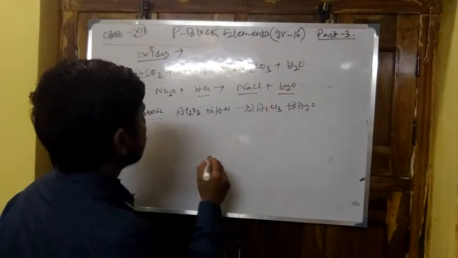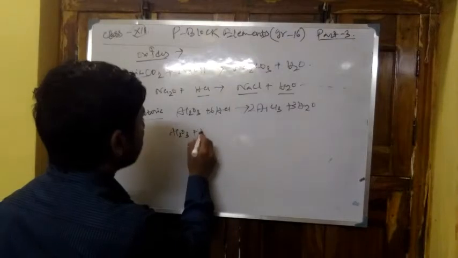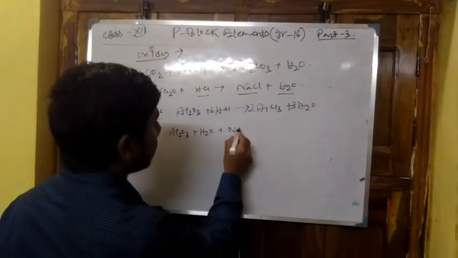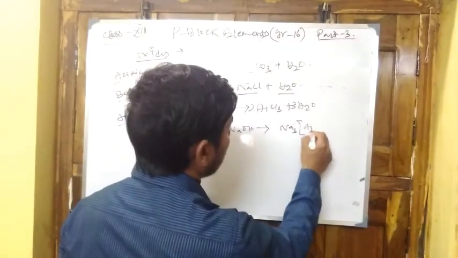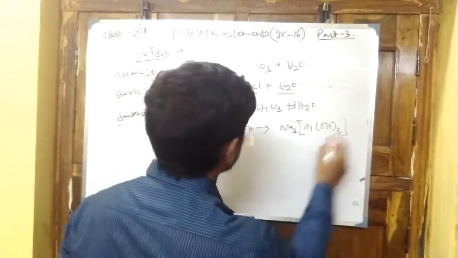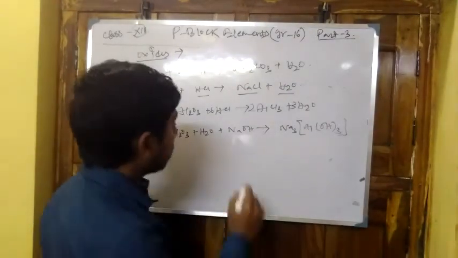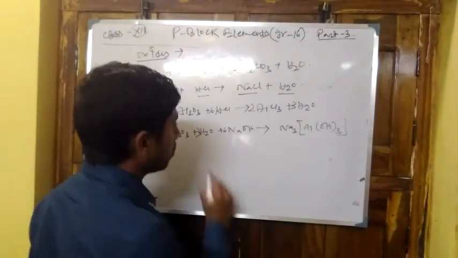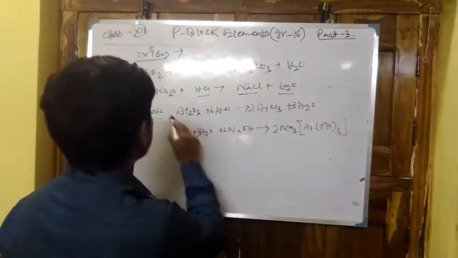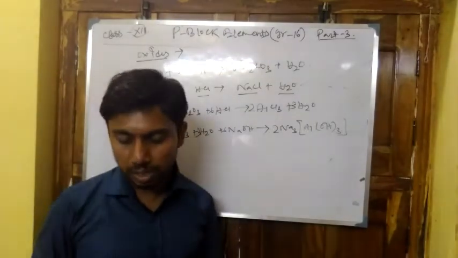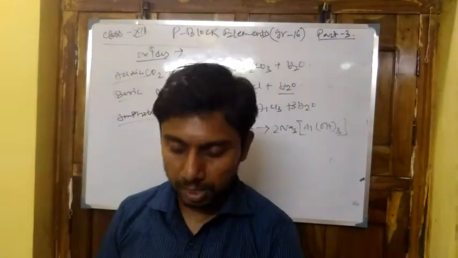As it is amphoteric, the amphoteric oxide will react with both acid and base. Now Al2O3 in aqueous medium, that is in H2O, plus NaOH forming Na3[Al(OH)6]. The balanced equation is Al2O3 plus 6NaOH plus 3H2O gives 2Na3[Al(OH)6]. So this is the example of an amphoteric oxide, reacting with both acid and base.